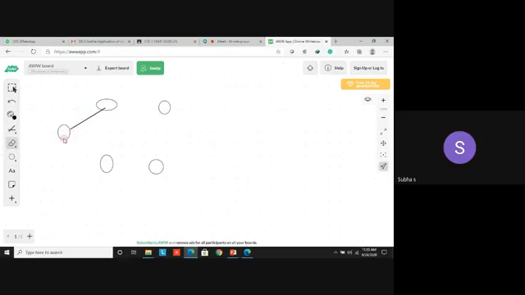This is undirected. There is path from this node. Let us take it as 1 and 2. There is path from 1 to 2 and also 2 to 1. So here we can't check whether the graph is cyclic or not. We can check whether the graph is cyclic or not only for directed graph. Okay. So we can make the directed graph. We can give any direction. Better follow it in parallel. It will be more clear to you.